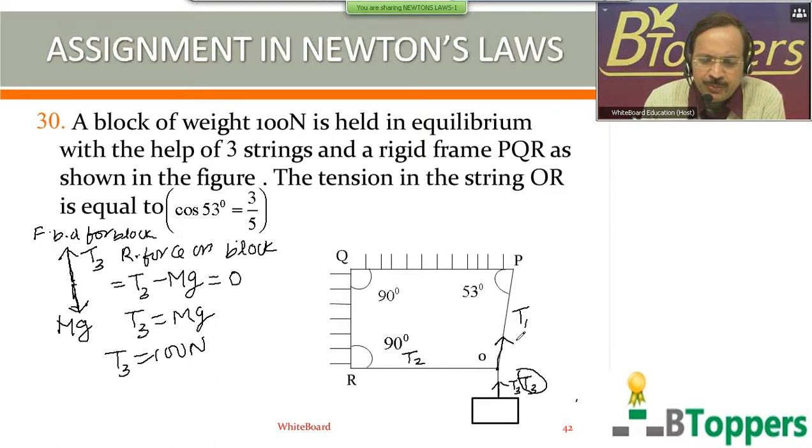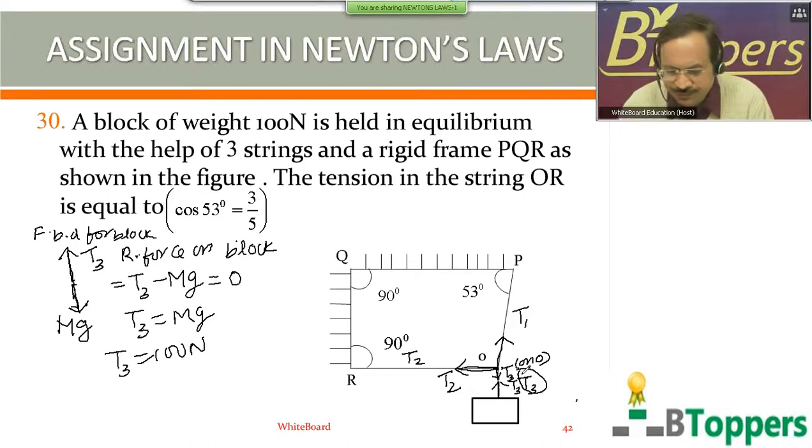One tension force by the string OP at O, which acts along the string OP and away from O. Another tension force exerted by the horizontal string OR at O acts along the horizontal string and away from O. The third tension force on O will be by the vertical string, which acts along the vertical string and away from O. So I draw a separate free body diagram showing the forces acting at the point O.